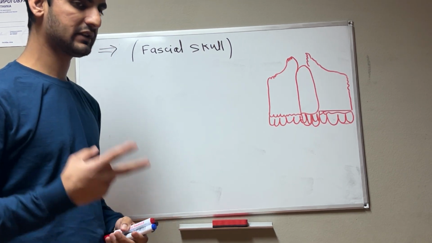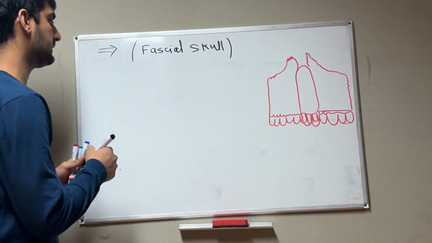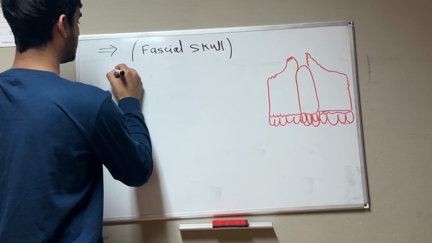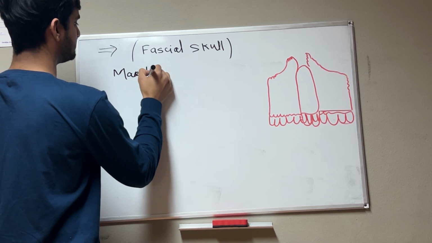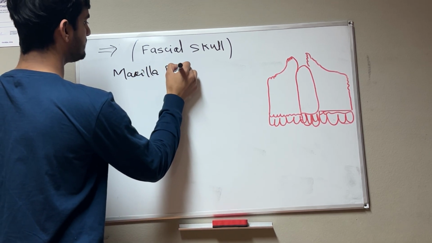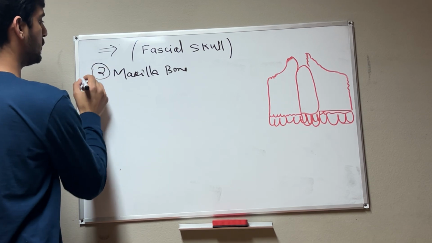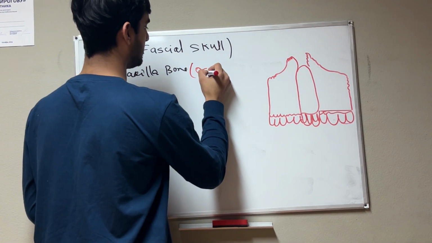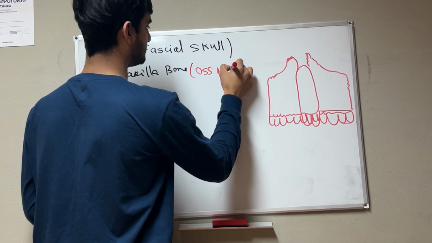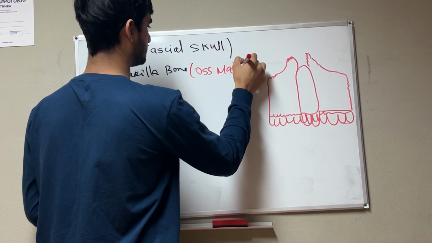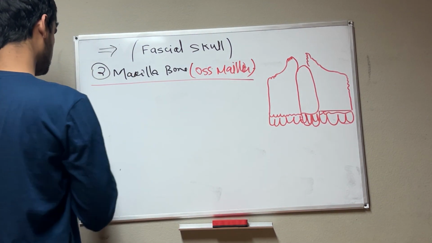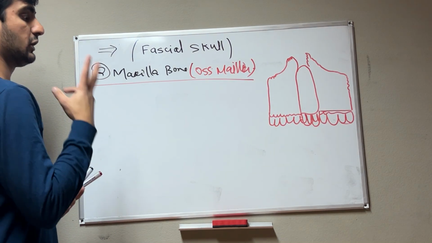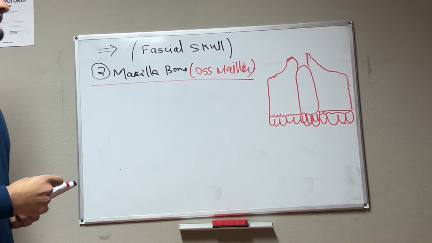The second bone in the facial skeleton is also in paired form. Its name is the maxilla bone. It's also two bones, in paired form. In Latin, os maxillae, maxilla. Now we have two maxilla bones. The maxilla bone consists of